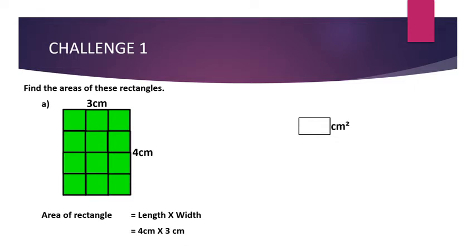4 centimeters multiplied by 3 centimeters, you will get 12 centimeter square. 4 3s are 12, and centimeter is also multiplied by centimeter. So you will write centimeter square because centimeter is multiplied 2 times. So area of this rectangle is 12 centimeters square. Always write the unit of length, and the unit of length is centimeter, and the area of rectangle is in centimeter square. So you will write centimeter square with the answer. Okay students, you will do the remaining parts in your homework.